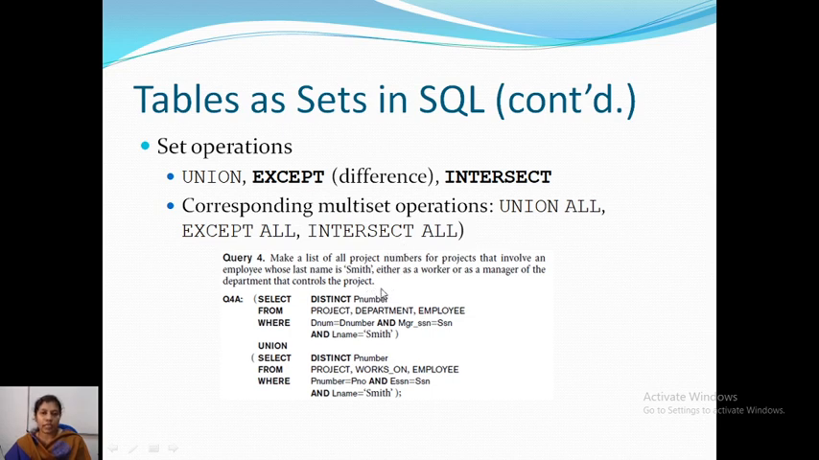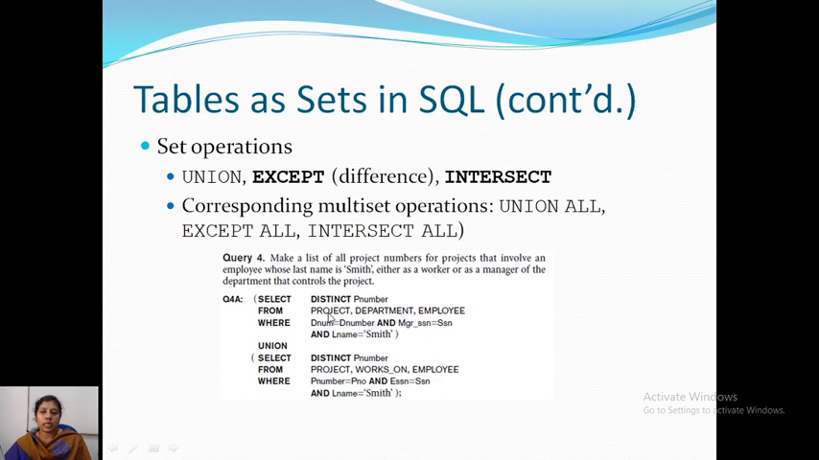There are two different cases here. One, you have to see the project numbers for the project on which the employee named Smith is working, and you have to see that he is a manager for the department which controls some projects. Okay. Now first I will take the project numbers where an employee whose last name is Smith is working as a manager of the department that controls that project. Okay, so select distinct project number,